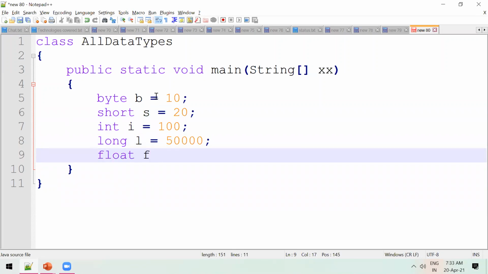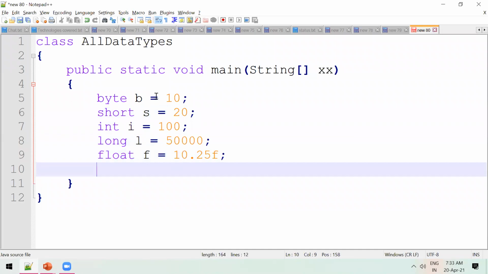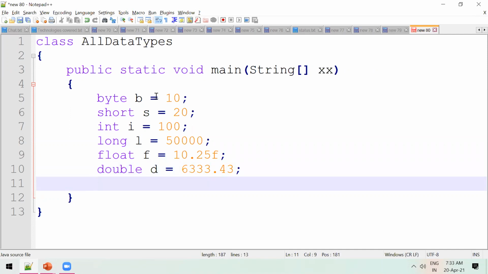This is the order. It should end with F, double, Boolean.